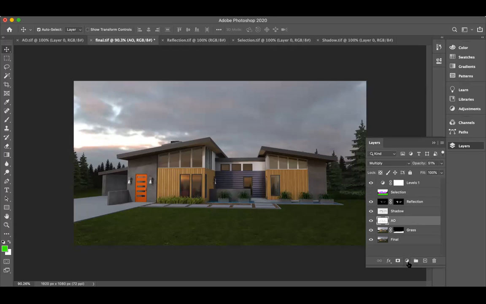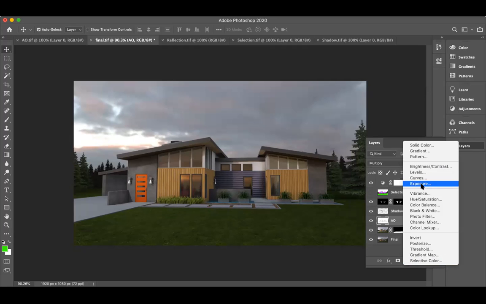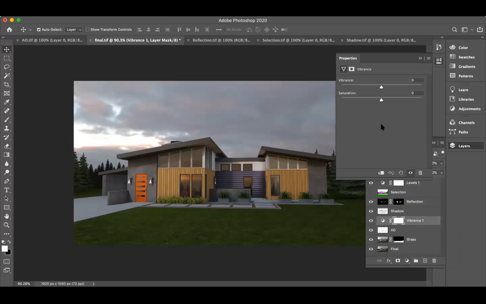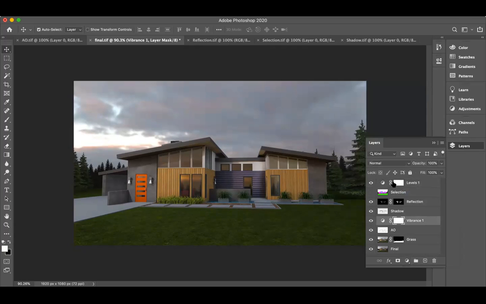And again you can work with some vibrance, if you want. It's up to your choice. If you want to add, make sure it is added at the top of all your layers.